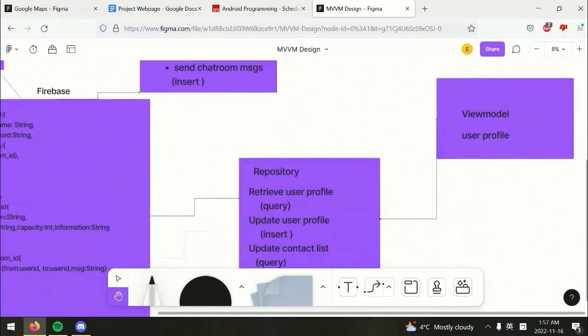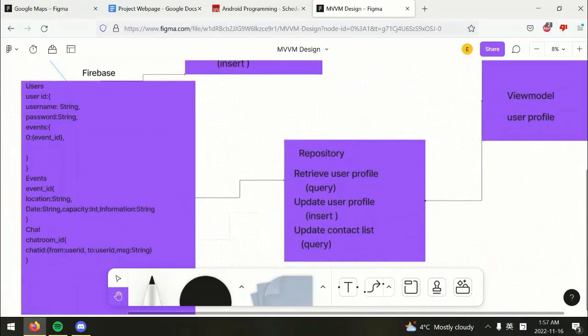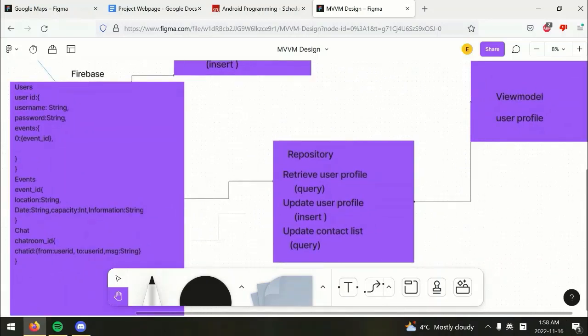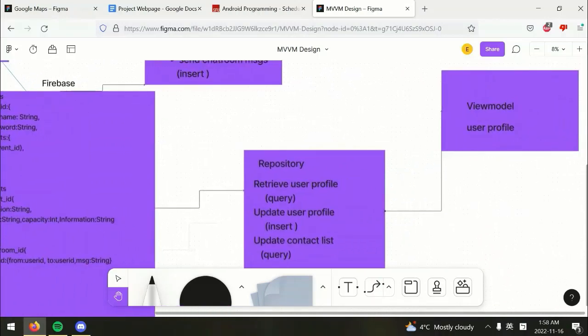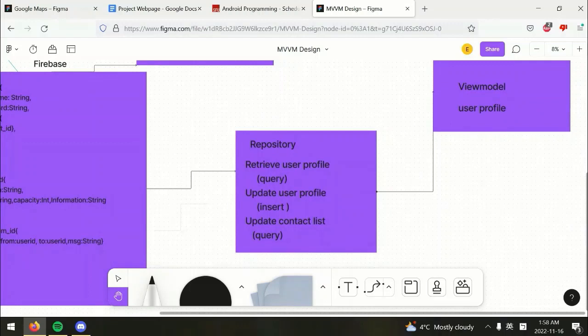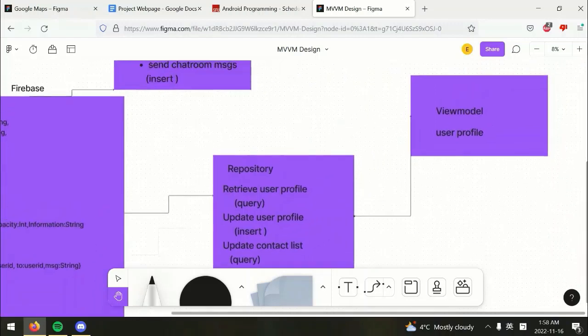The third one is user profile. The user profile will be updated through our repository. We'll retrieve the user profile, update the user profile, and update the contact list. The contact list is part of the user profile.